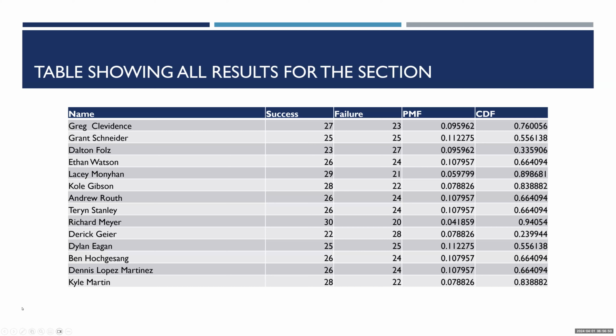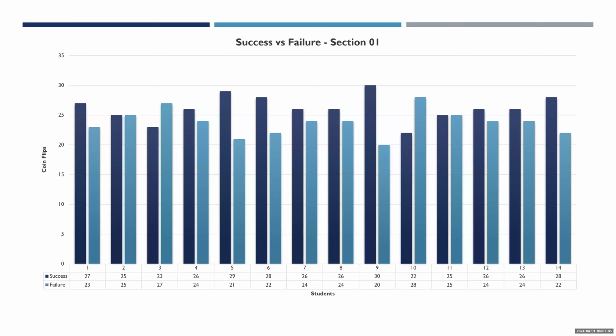Again, names are not necessary, but you might call it student 1, student 2, student 3, or experimenter 1, 2, 3, or trial 1, 2, 3. So you might number them in some way to differentiate them, but names are never necessary. In this case, somebody presented their data and they showed for each of the 14 trials the successes and failures